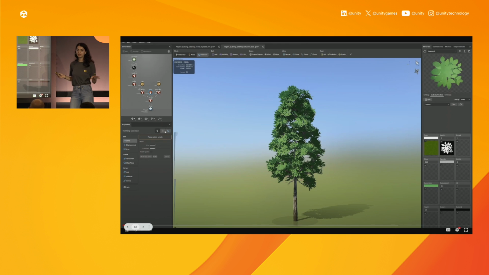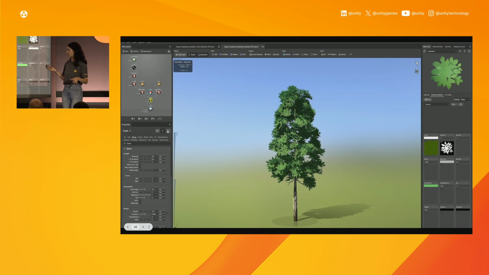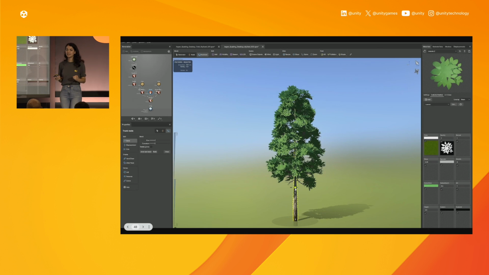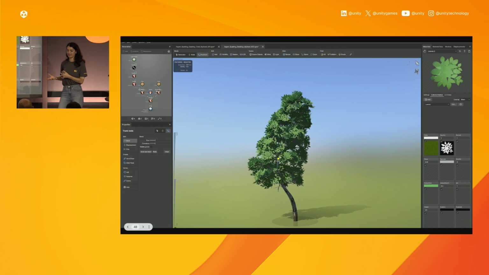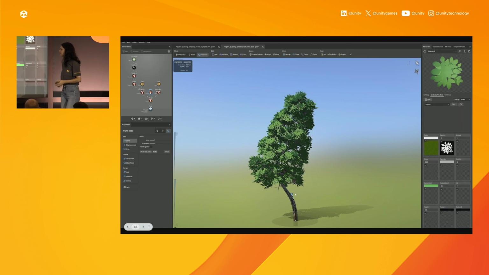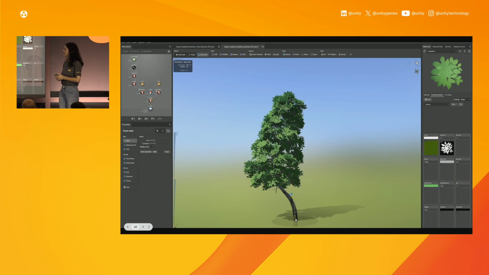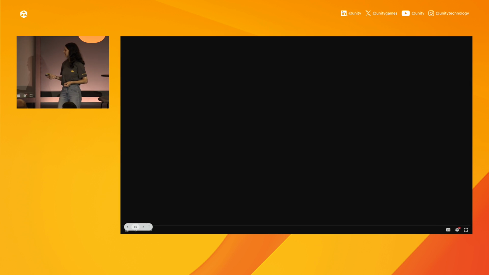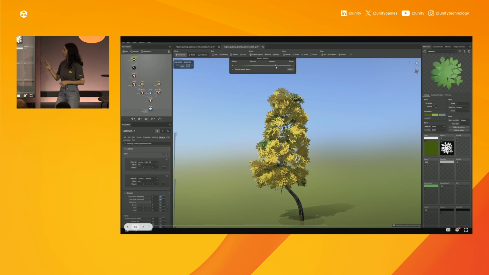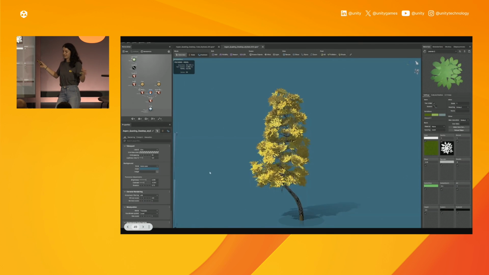So there are several freehand tools, and I'll just show you one of them right now, which is the bend tool. And what's great about the freehand tools is they allow you to manipulate your tree directly in the screen space. And again, I keep saying tree, but this applies to anything if you're making a flower or a bush or whatever. So we can add some fun stylized bends to our aspen. I said precise earlier. I wasn't being too precise here, but I think you will forgive me. I also changed the season because we're going into fall, so it seemed appropriate.